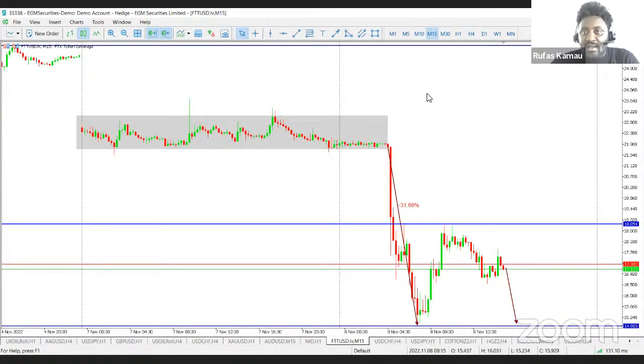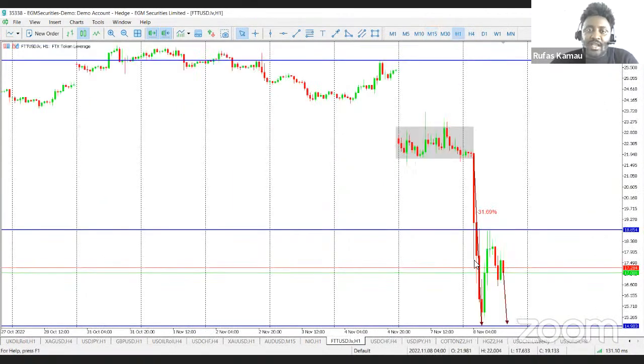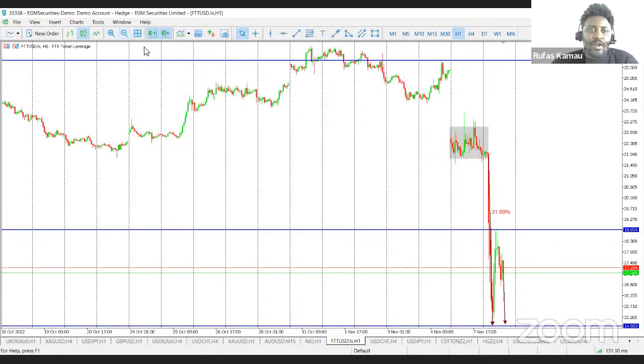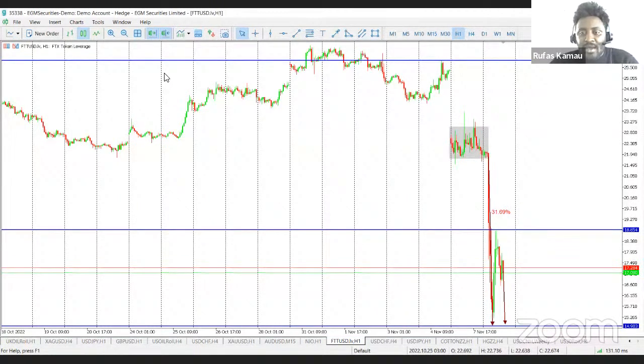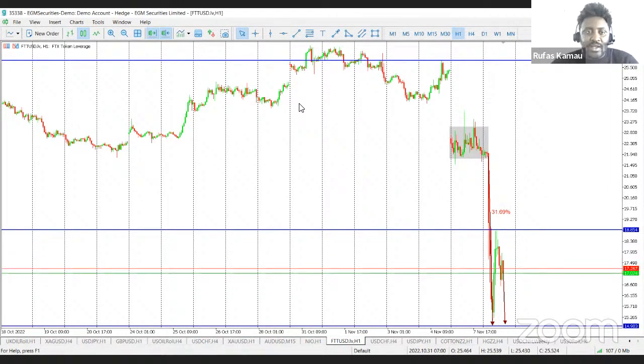So from what we are seeing, there's no reasonable chance of saying we are seeing a 100% recovery. The only options that are left, in my opinion, from the FTT side, is one, SBF could look for investors to lend him quick money in order for him to support the token by buying more of this token out of supply. If he gets lenders as quickly as possible, either internally or externally, then he could use that money to support the token immediately and push the prices back up.